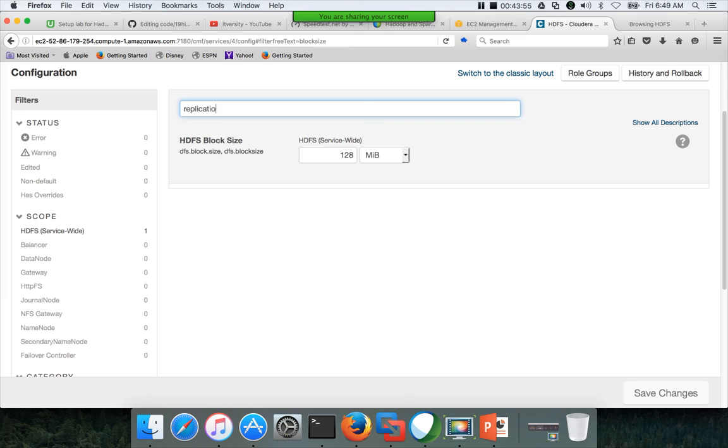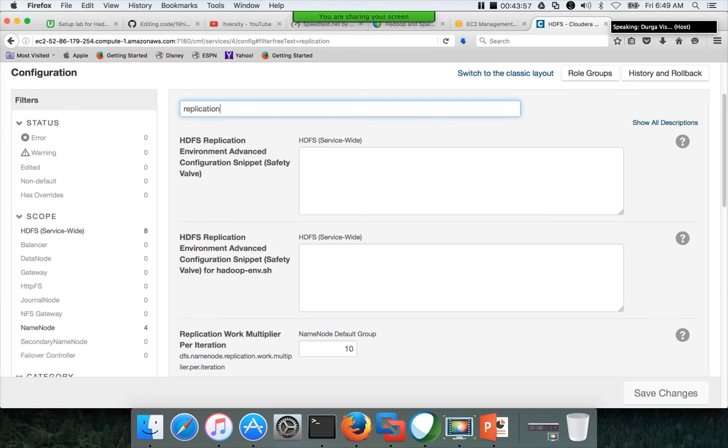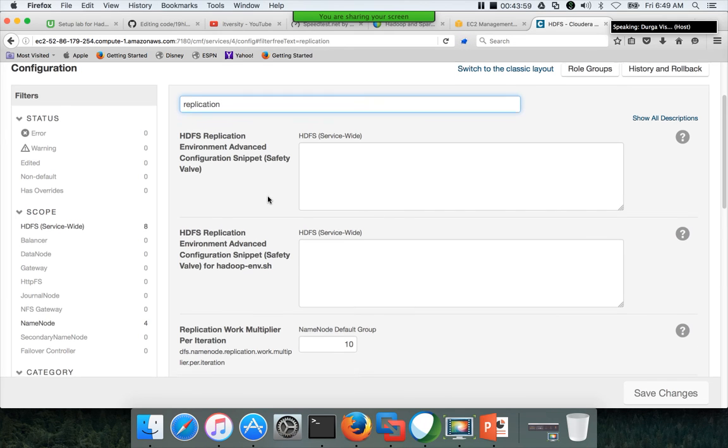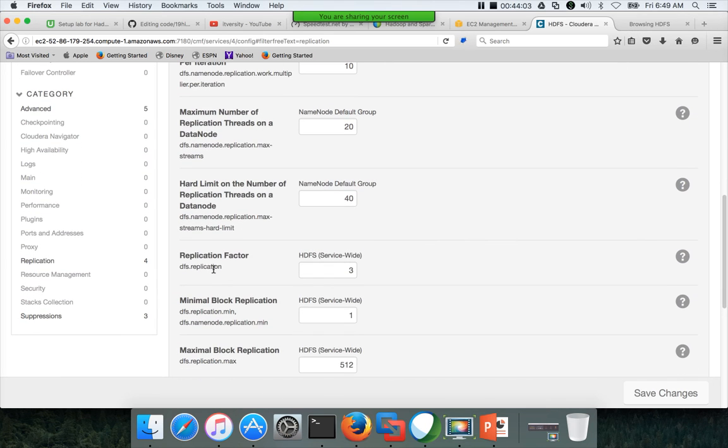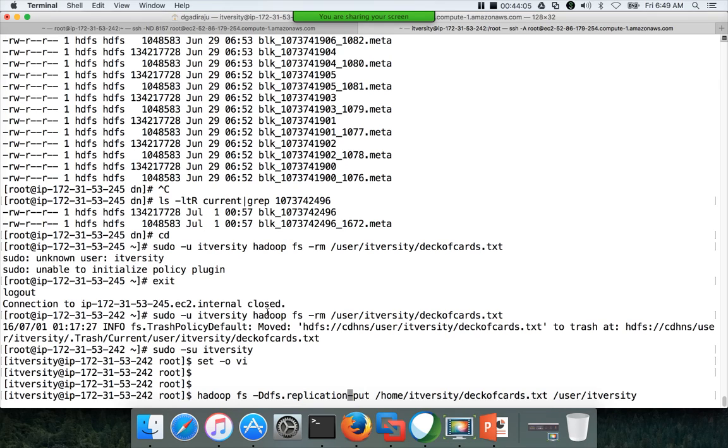If you are not sure about the actual parameter, you can search for all the parameters related to replication, and here it shows the replication factor is dfs.replication. So -D, you should not have space after that, and then give the parameter name, and then no spaces, equal to, again no spaces, give the replication factor you want to use, and then space. This is how you can override a parameter at runtime.